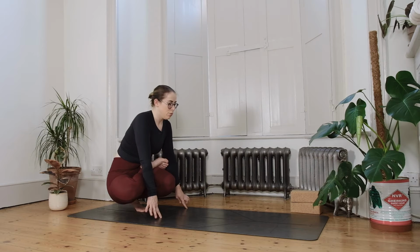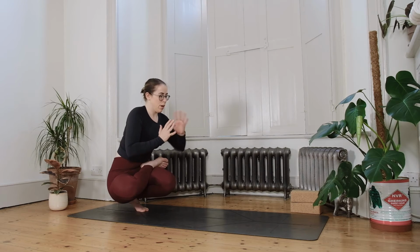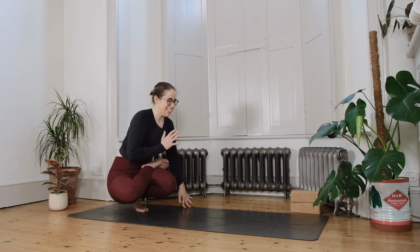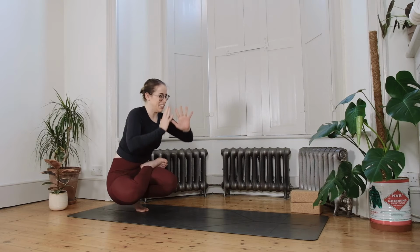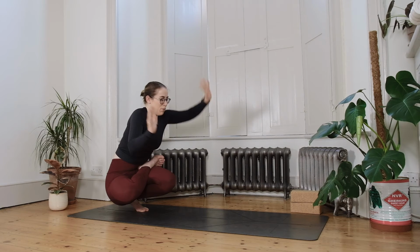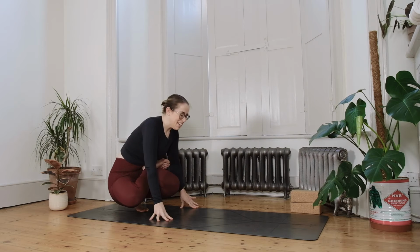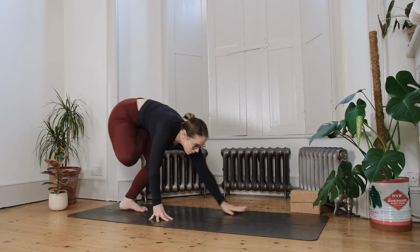Then when you're ready, make your fingertips light and bring one hand at a time to the heart center into your toe stand. If it's a little bit wobbly, don't worry too much. Even the yoga teachers among us will struggle with this one. And see if you can find just a few moments of balance. Of course, you can still have your hands on the floor if that's helpful. And eventually from here, once we've all had enough, we're going to walk our hands forward to the front of